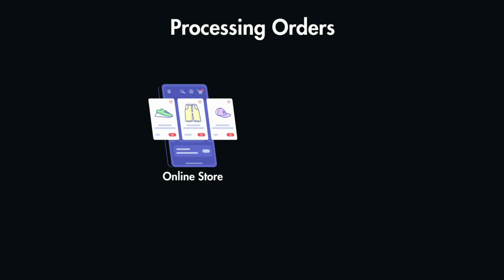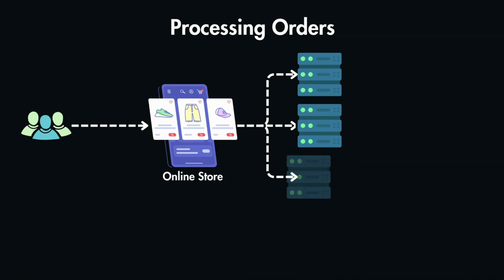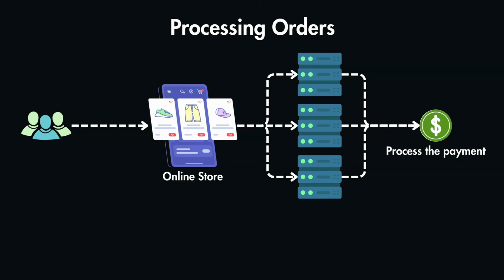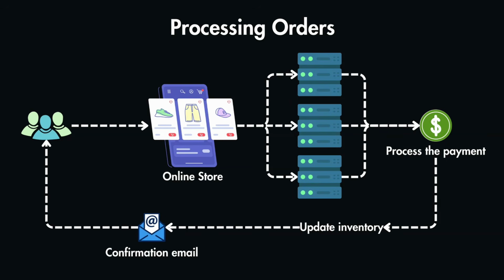Imagine an online store where every time a customer places an order, you need to process this payment, then update the inventory, and then you need to send a confirmation email confirming that the order was placed. Now, if you try to do this immediately, especially during the peak traffic times, it could slow down the customer experience because in this case we have large amounts of application events and we can't handle all of them all